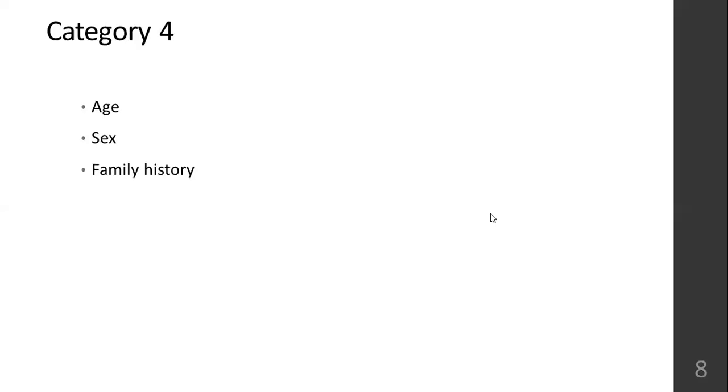For example, if there is a history of heart attack before 55 in father and before 65 in mother. Before the age 55, father got a heart attack. Before the age 65, mother got a heart attack. The offspring, the children these parents will have, will have a higher risk of developing heart attack at an early age, maybe in 30s or 40s. So that is family history. So are the causes clear to all? The different causes of cardiovascular diseases categorically.